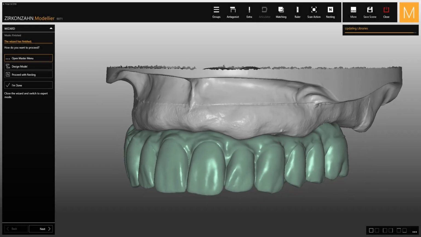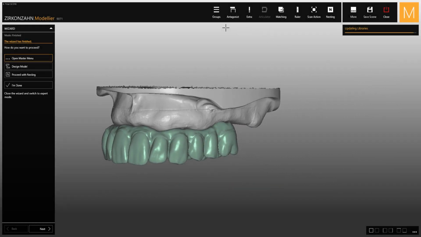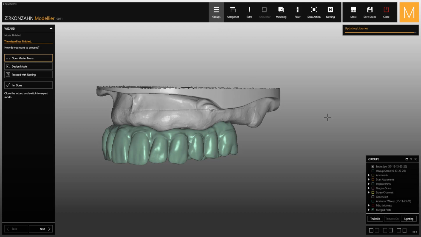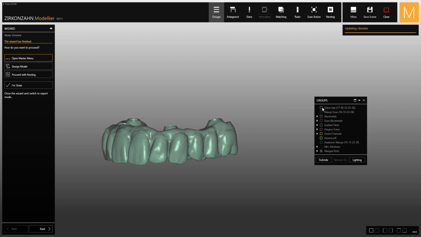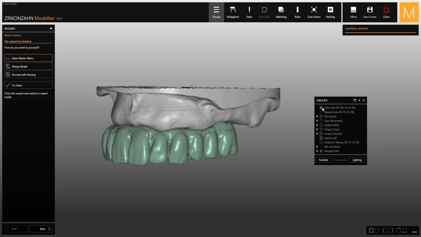This video explains the new functions available in the Groups window. Open the Groups window and drag it with the left mouse button where you want. With the functions available in this window, you can for example hide or show an object, or create a new custom group. To create a new custom group, just right-click on Groups, then select Create Custom Group, and change the